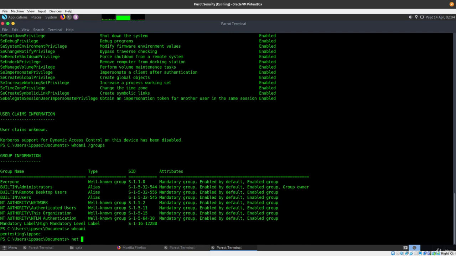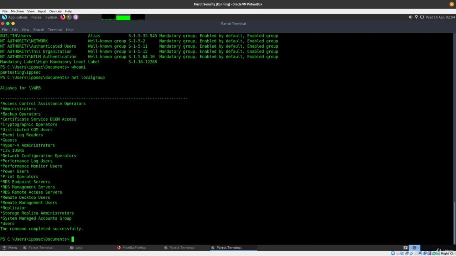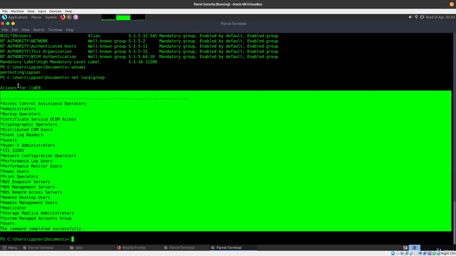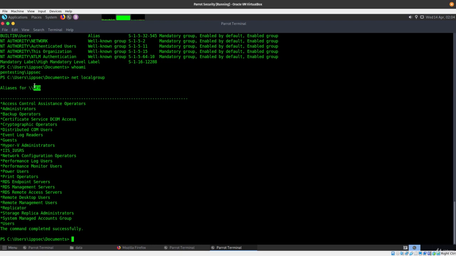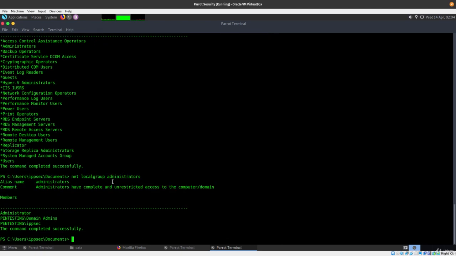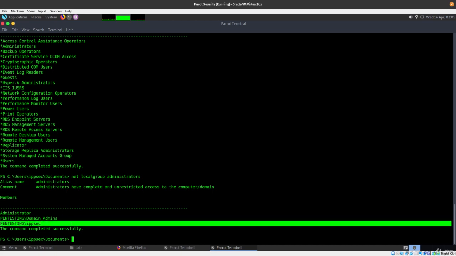You can do a net localgroup. You can see all the local groups on this machine for the web server, or for the server named web, right? What else can you do? You can see who is in the net localgroup, and if you want to specify a group like administrators, you can see who belongs to it. You can see who is part of the administrators, or the local admins. The domain admins are part of the administrators. Also IPSEC is part of the administrators. Okay,